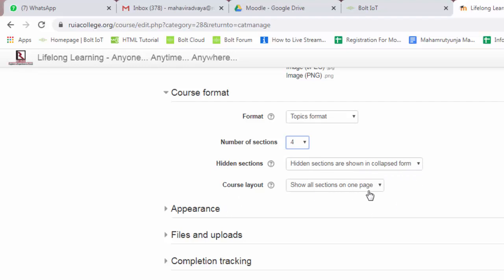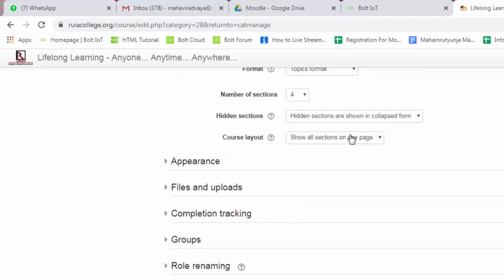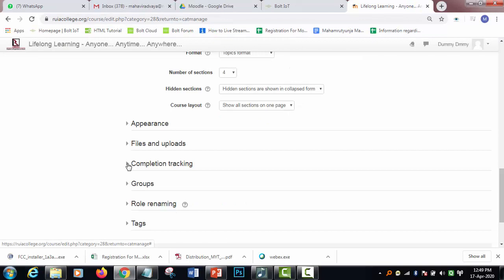Course layout: show all sections on one page, show one section per page. Now these are various options. Hidden sections are completely invisible. We will see what this means. So right now I keep it as a default. Now this is what we need to